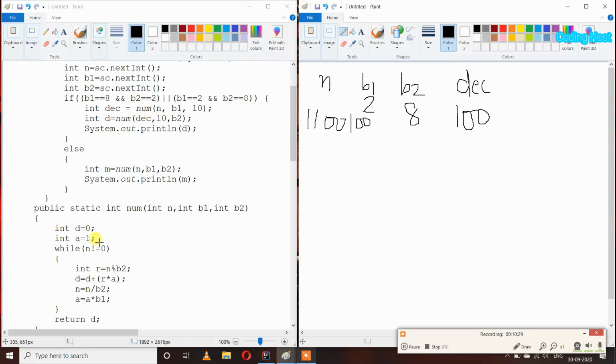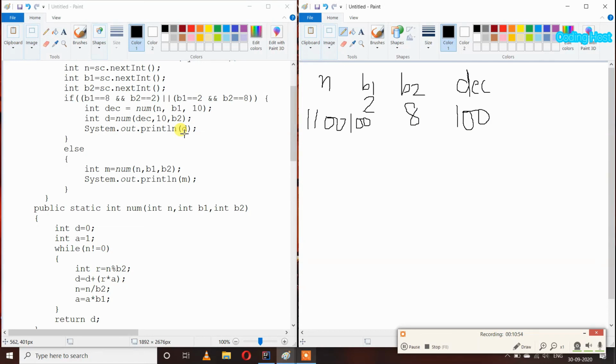So now it will go here and it will return us the octal number of 100, and here we get 144, and I will store it in the d variable. So in the d variable we get 144, and after that we will print the d variable and we get 144 in the output.